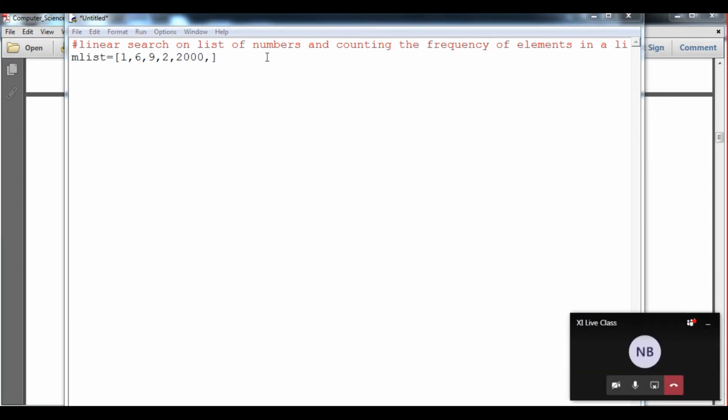Students, we have provided here some values, suppose 2020, whatever value you like. If I print it, it will print like this.